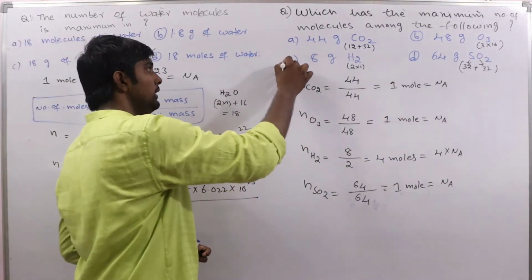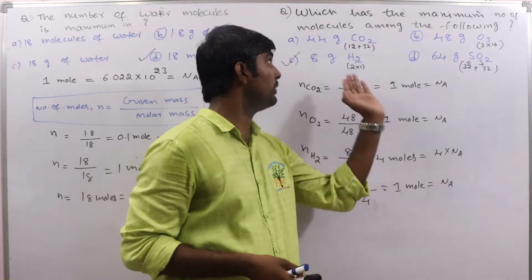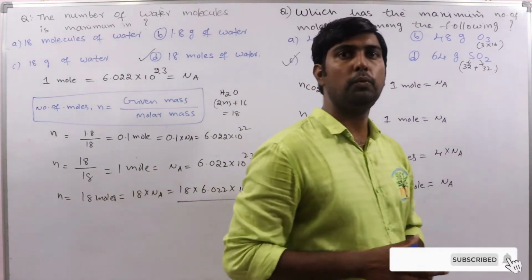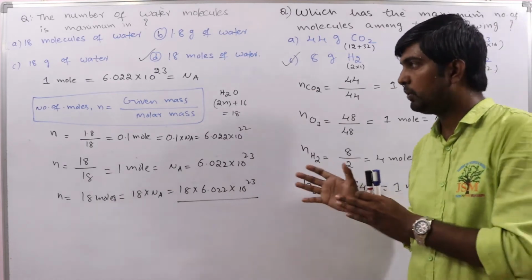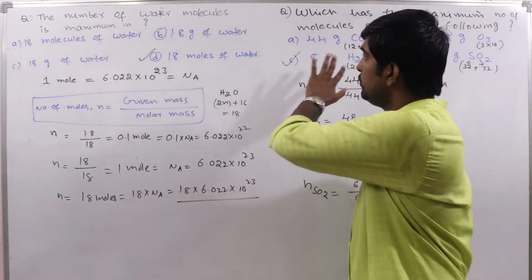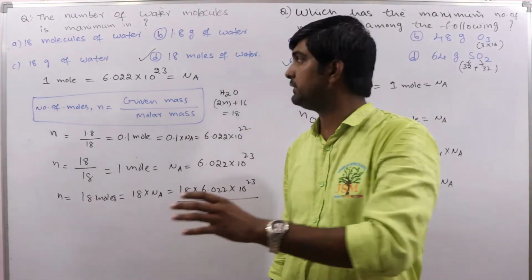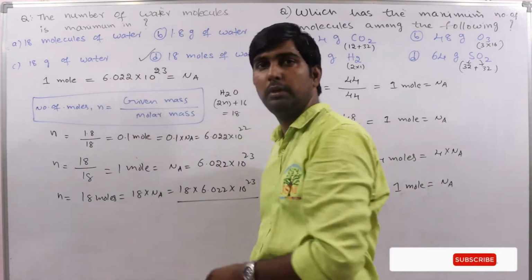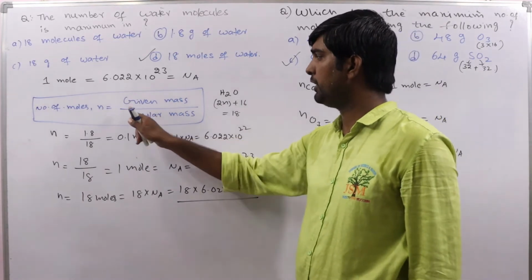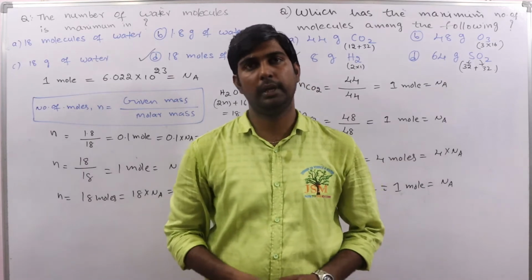So here in this one, 8 grams of water, maximum number of molecules present among the given options, right? So very simple, whatever the problem, we have to understand how to solve. That is the important thing. Both are the same concept, just options are different. Whatever the option, the procedure is the same, so this relation we should know. This formula is very important: just find out given mass by molar mass of the substance, whatever is given in the option.